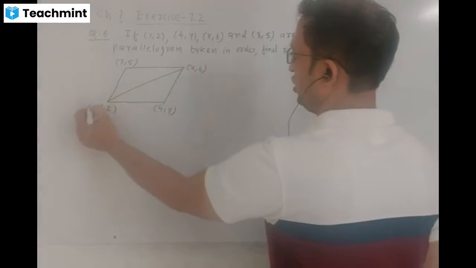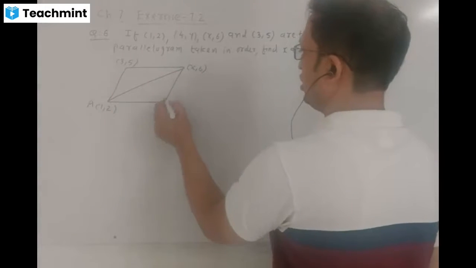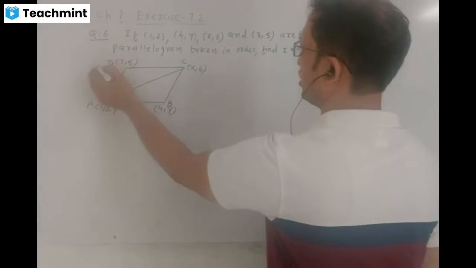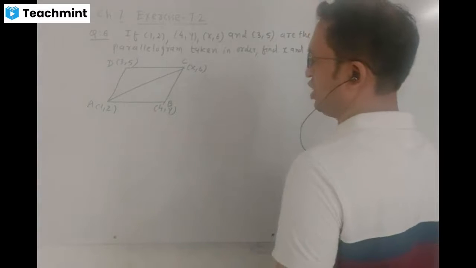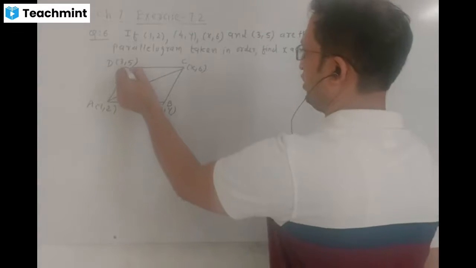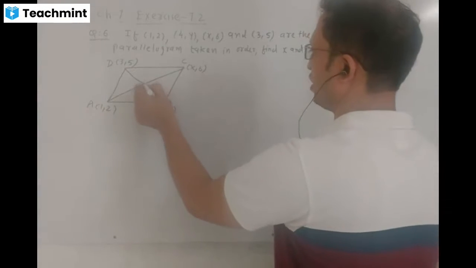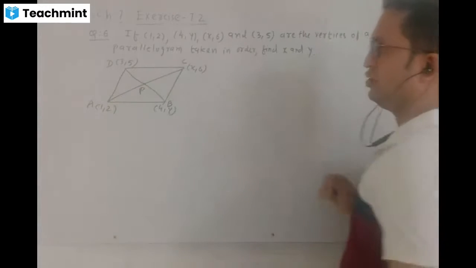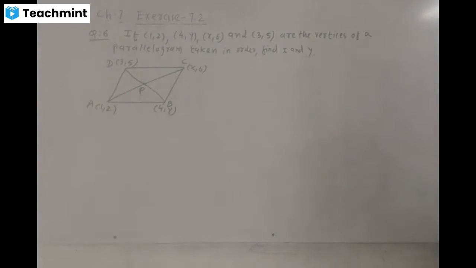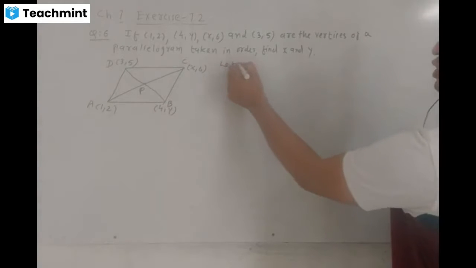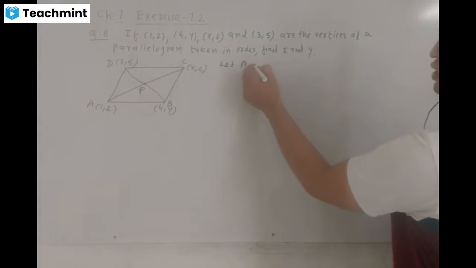Therefore A, B, C and D are the vertices of a parallelogram. Then the midpoint of AC and the midpoint of BD are both the same. Then we apply the formula: midpoint of AC is equal to midpoint of BD. Let A (1, 2),